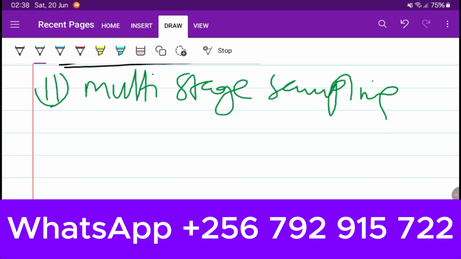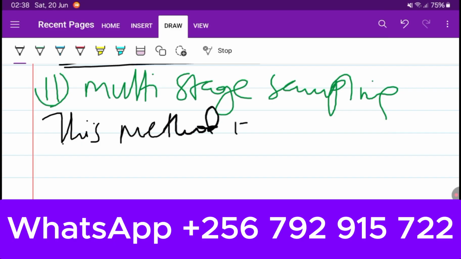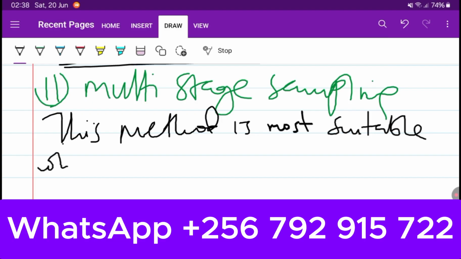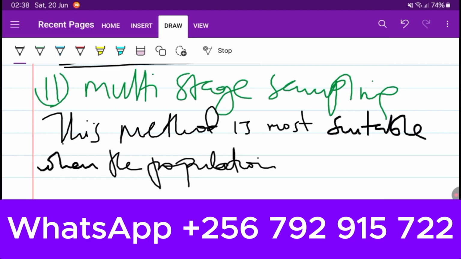Multi-stage sampling, of course, this method is most suitable when the population is spread